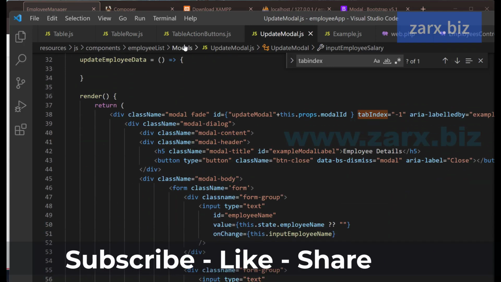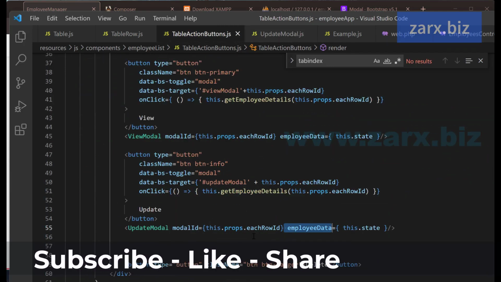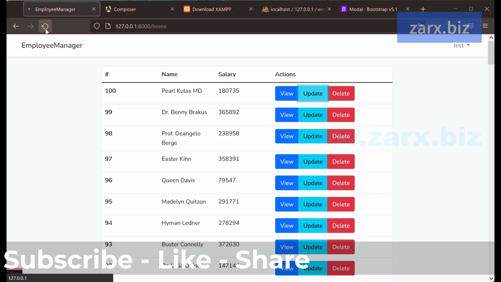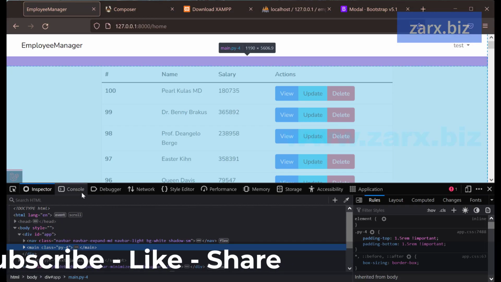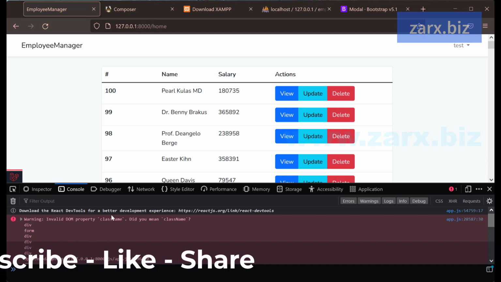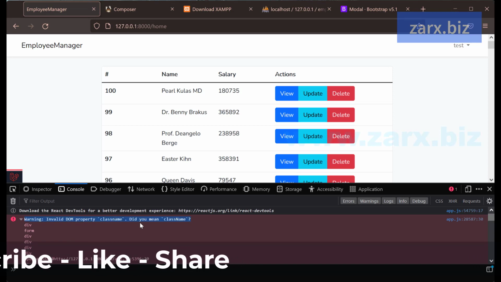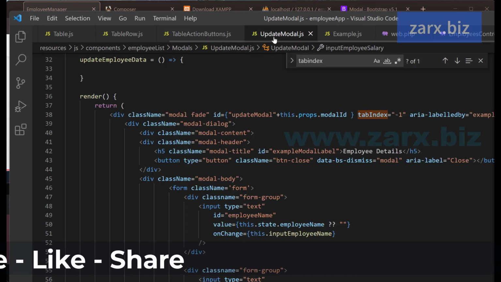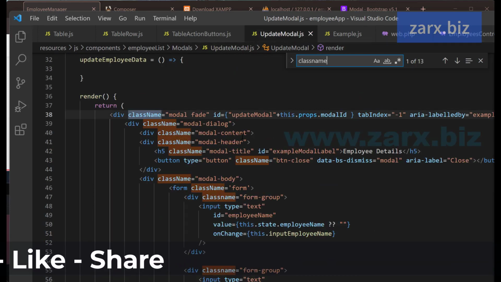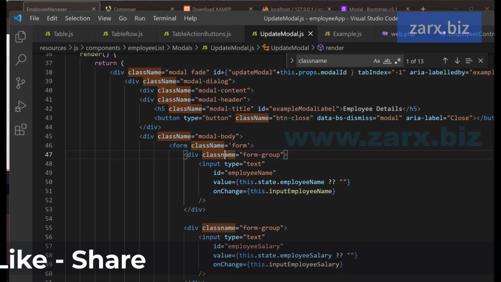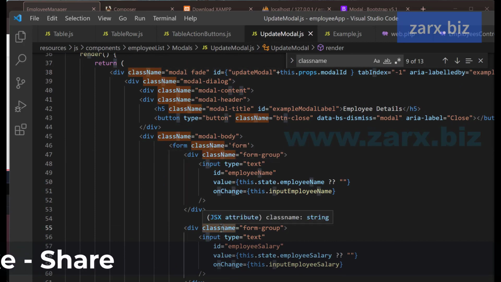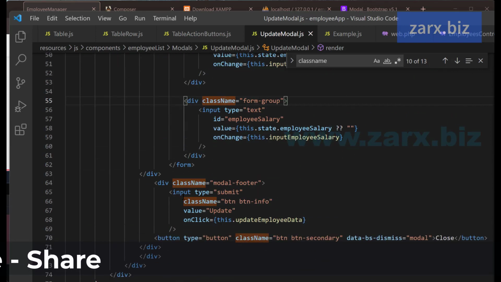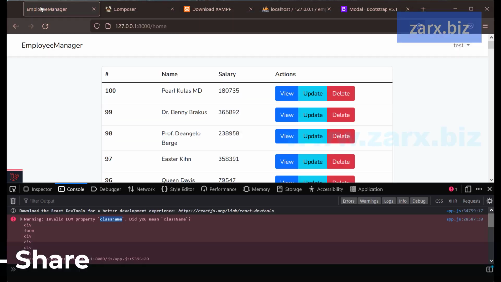Now let's see if our model and everything works. If I go back here and refresh console log, we have a few errors. Class name, did you mean? I don't know where I did this. Let's correct that. So here it is. It's capital N. Again, capital N here. Rest looks good. Go back, refresh,